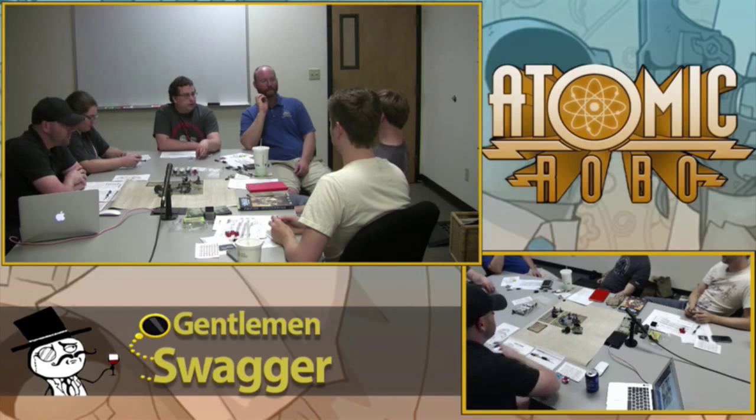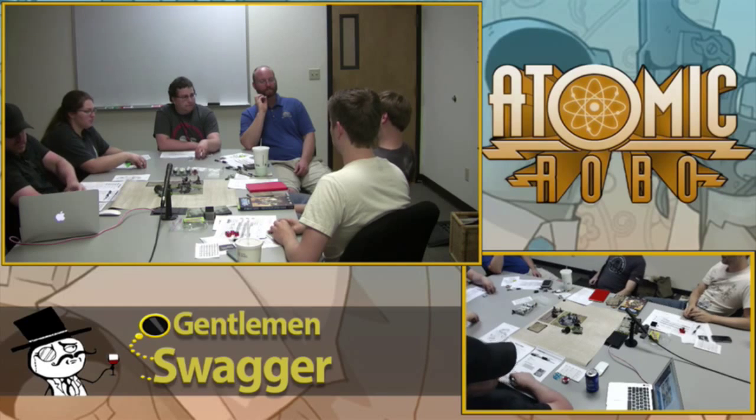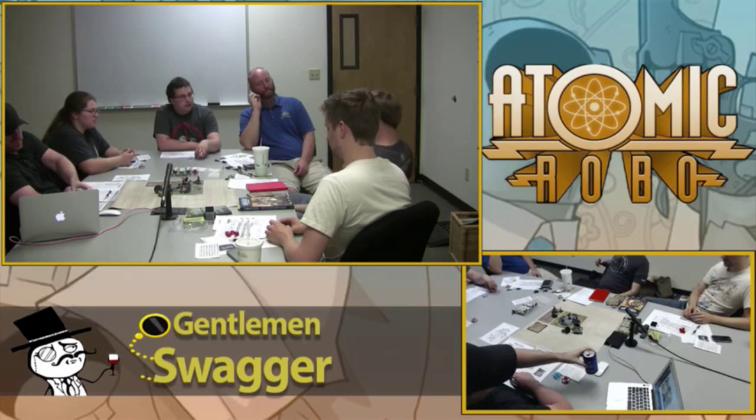Roll for notice. Go look at it, or we go look at it. You guys can just go ahead and look at it. We're not going to make a roll for that. And as you walk up to him and you look at the bike, you push him through the group,